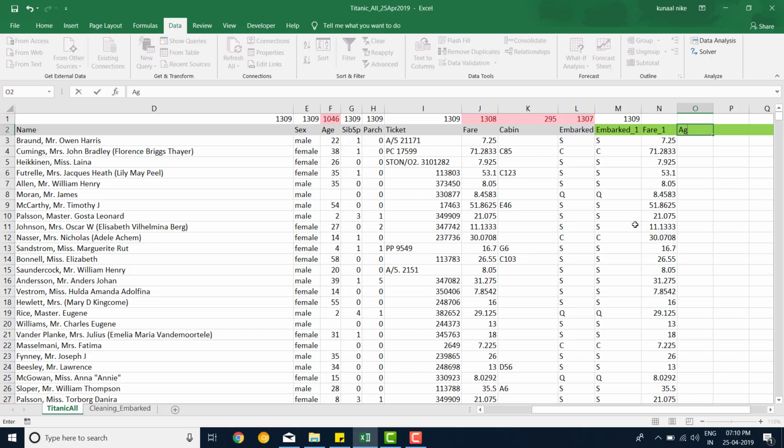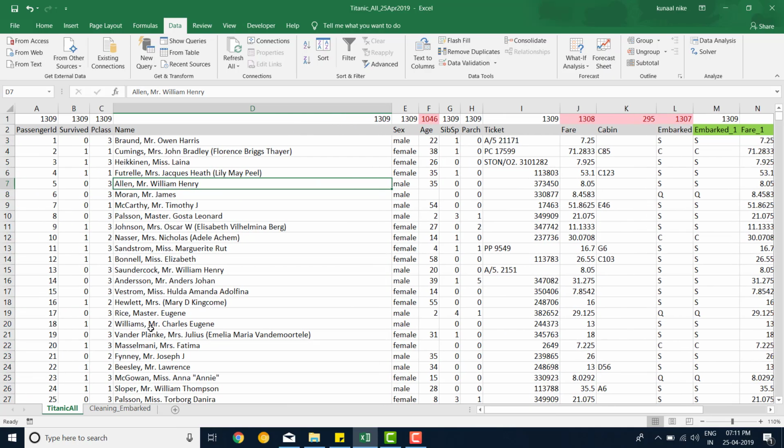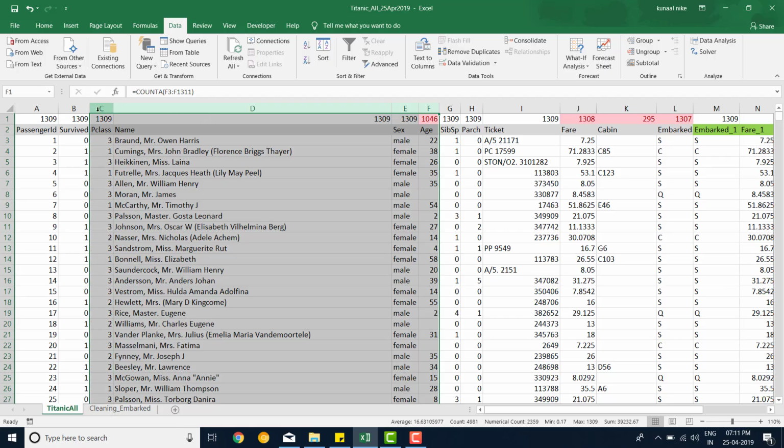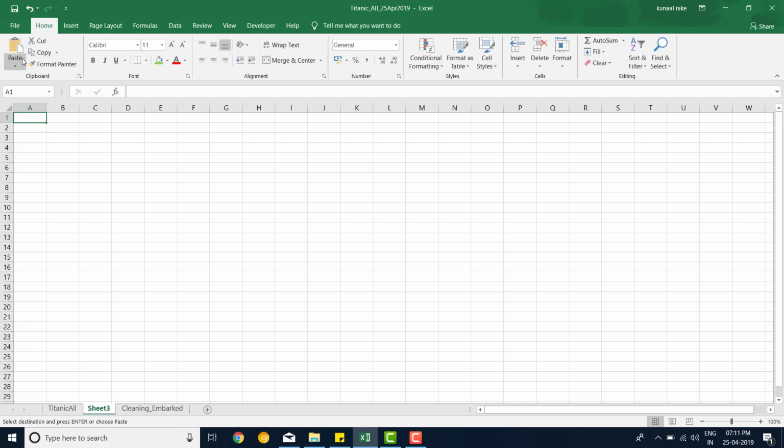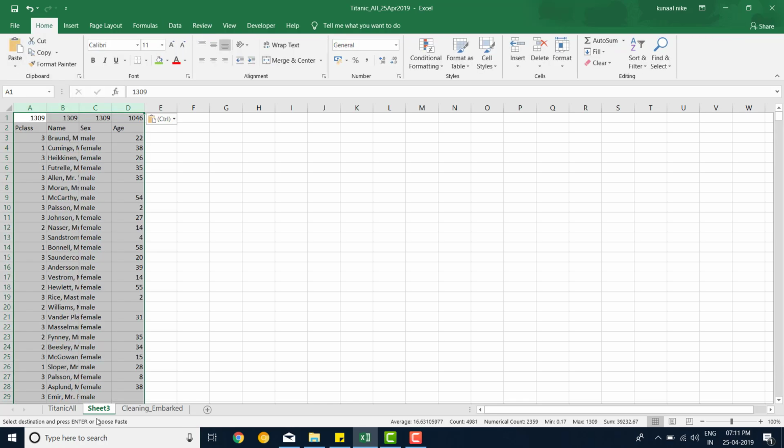So that's really easy to replace fare. Similarly, we can do age, right? But there's a little more trick to age than fare. The reason is there are many missing values, right? So we want to do this right. To do this right, I'm just going to take these variables to a new sheet: copy, create a new sheet, paste special values, and I'm going to call this